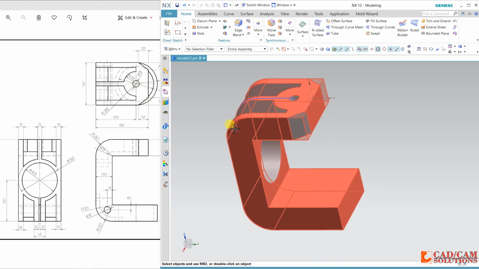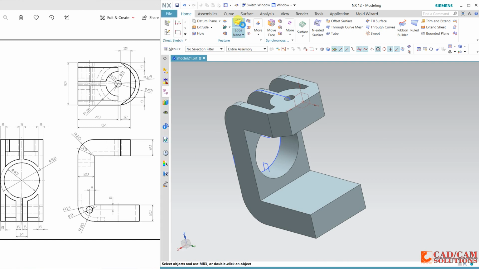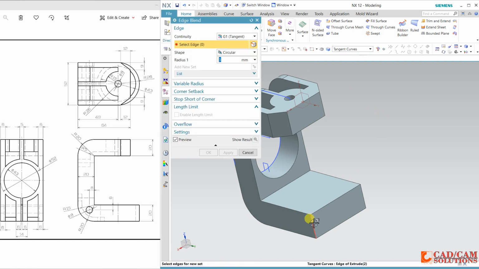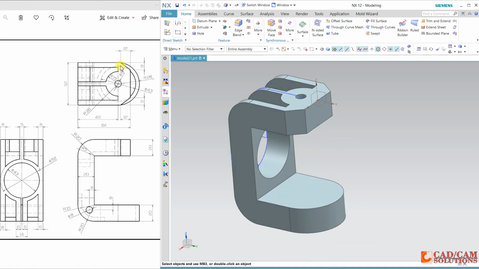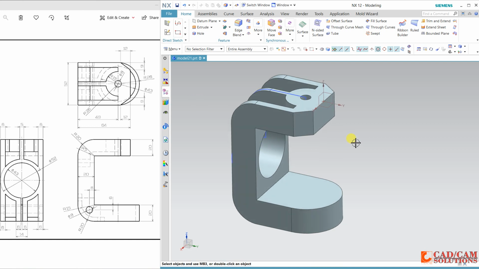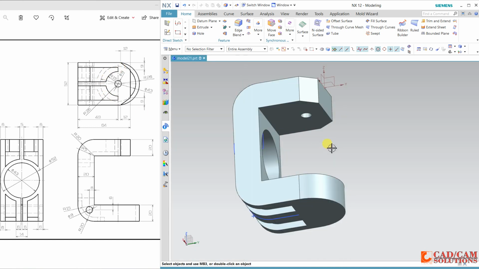Now for this bottom view, it is round. So first I will select this edge fillet, first and second, and 26 is the radius, and apply. Okay, we have one more circle which you can see is dark from here because we can see from the top, and this inside is dotted because it is behind the upper face.